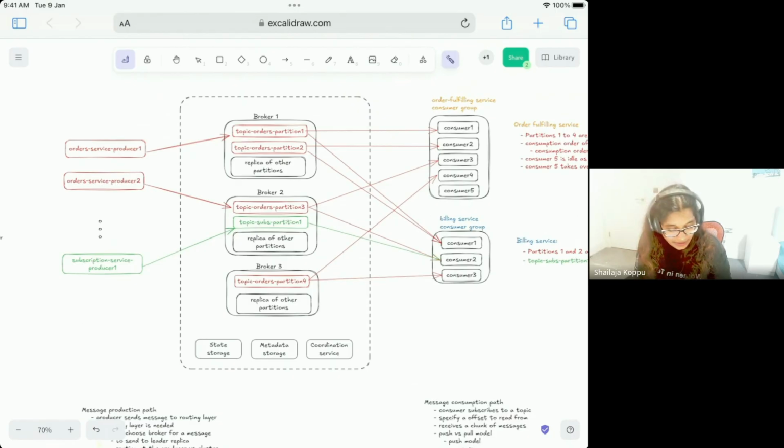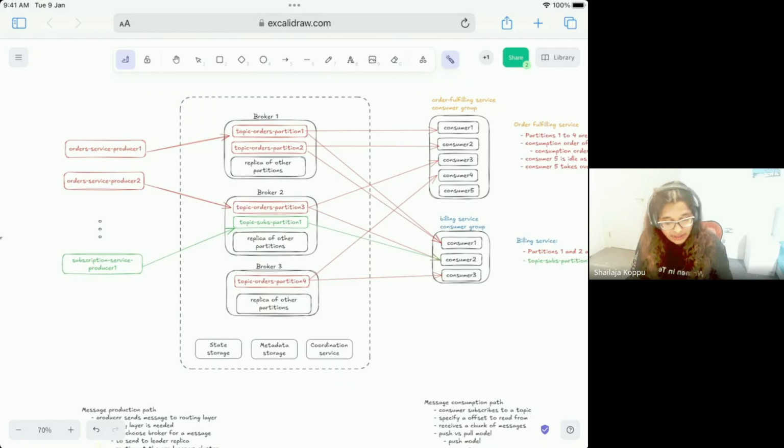Our partitioning key can be read by this routing layer, which applies the partitioning strategy, then sends the data to the corresponding partition directly. For example, if the value is 2 modulo 2, then the message goes to this partition. Otherwise, if the value is 1 modulo 2, the message goes to that partition. This logic can be there in the routing layer at the client, something like Kafka is doing.